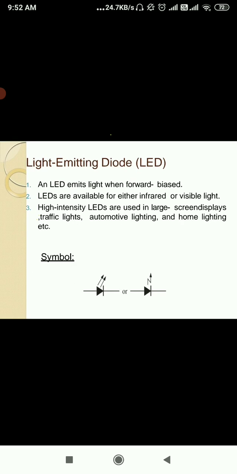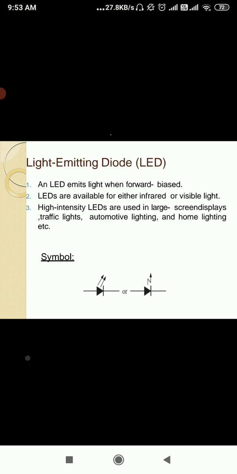And what is the use of LED? LED will emit the light. It means it will blink. If we are giving the power supply, it will blink, meaning it will show us there is a power supply coming. And if we are not giving any power supply at that time, that LED will behave as a reverse bias, due to which you will not get any amount of light. So we can use LED for a blinking purpose.